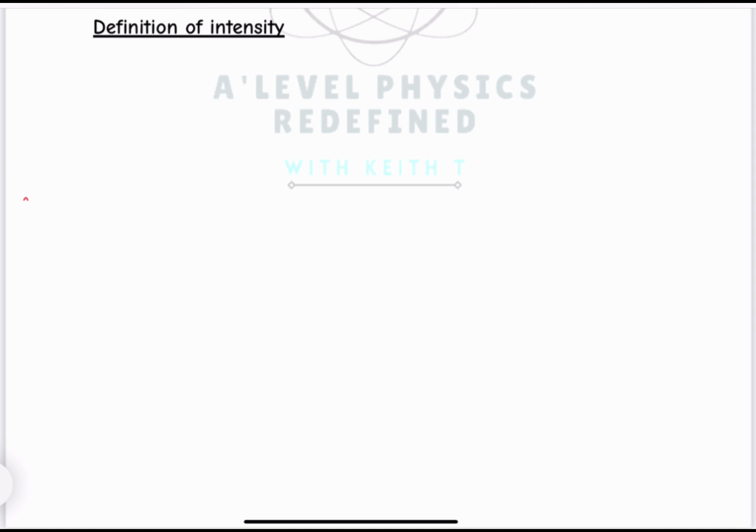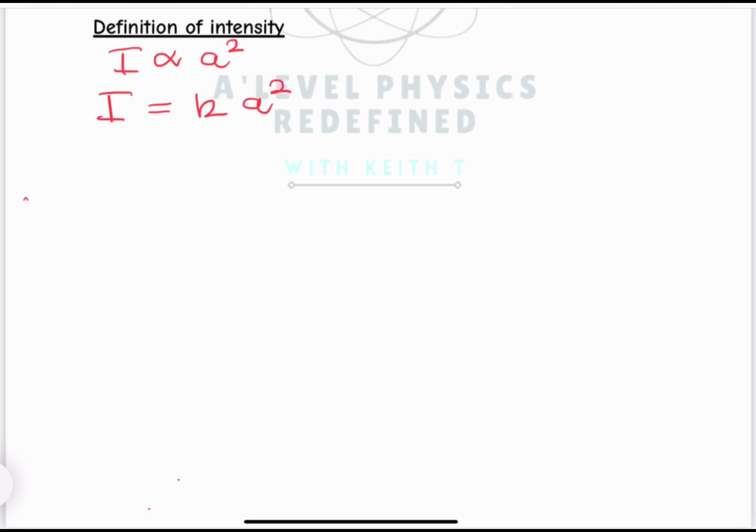So basically, the law is pretty simple. I've said that intensity is directly proportional to amplitude squared. Now, what does this mean? Well, if you look at variation itself, whenever you say something's directly proportional, you have to introduce a constant, right? So we say that intensity is equivalent to K